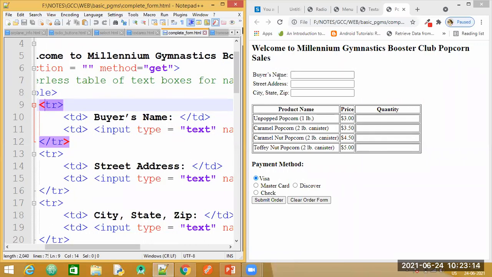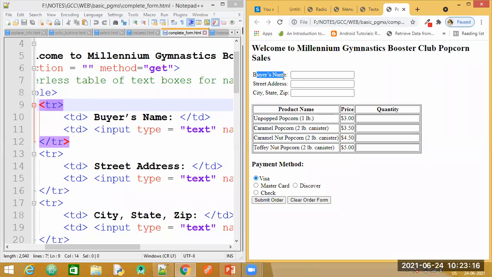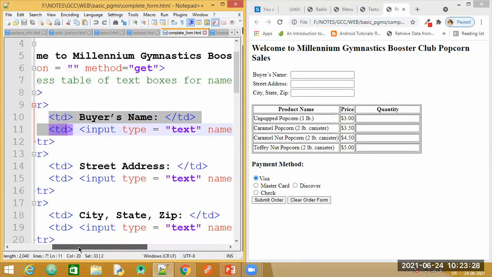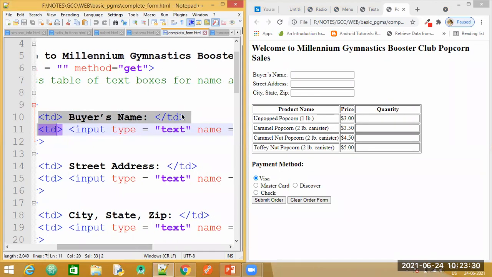Here, this is your first column. You have the buyer's name. Inside the TD tag, we have specified the input type. These are two statements. We have a row, the first row. In the first row, we need to specify the data. We do not require any table heading now, so we have specified the table data. In the table data, the first cell will have buyer's name. In the second cell, inside the table data, you specify your input type as text.